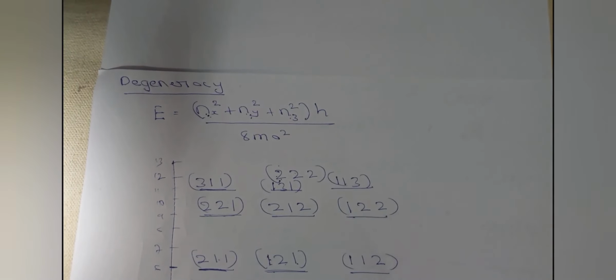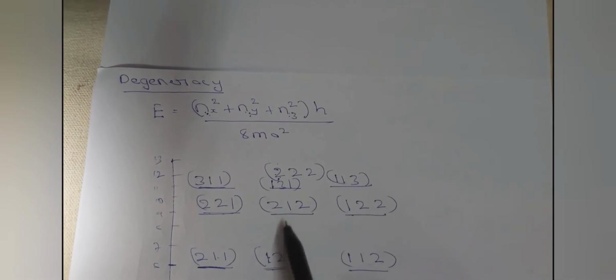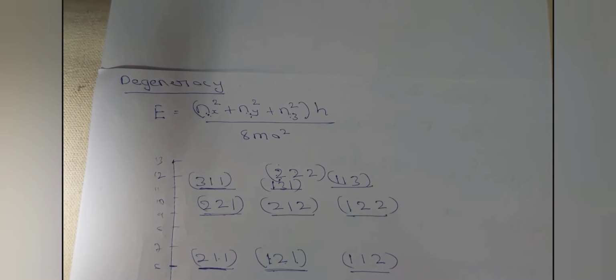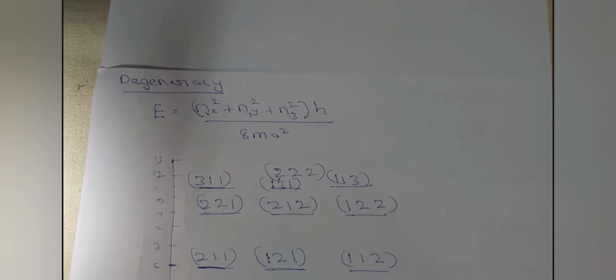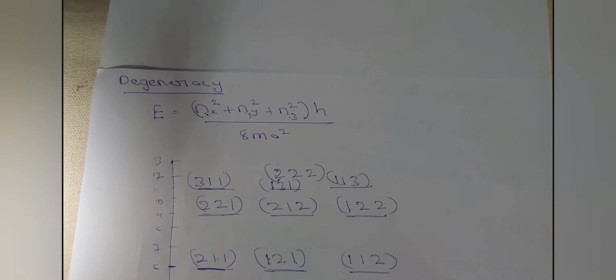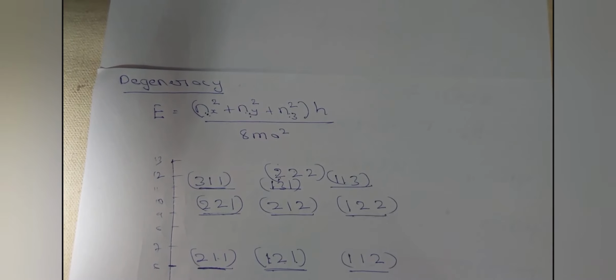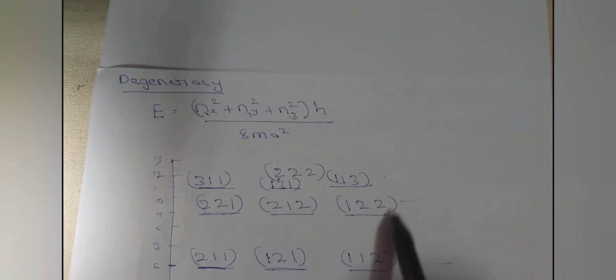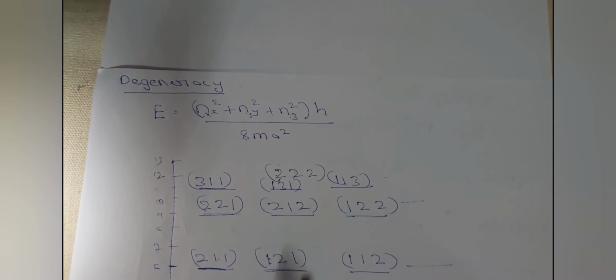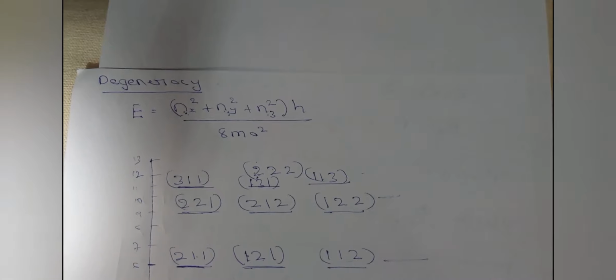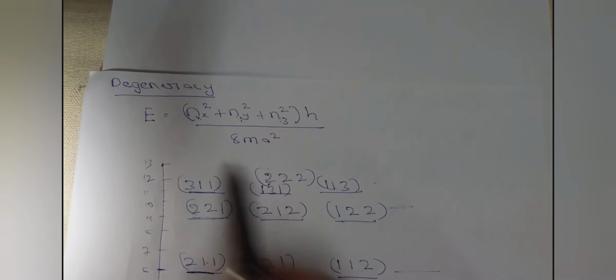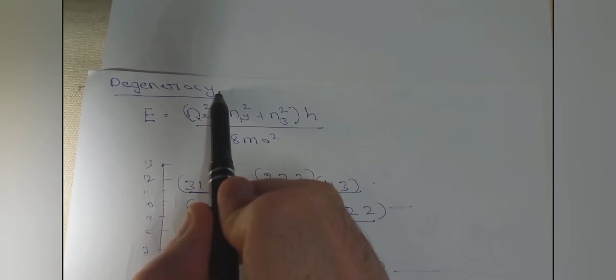So these are the different possible energy levels for particle in three-dimensional box. From this we can see that the energy is quantized. That means the particle in a three-dimensional box will have particular energy. So this is the first energy state, second, third, fourth energy state, like this. Now the energy is quantized in terms of h square by 8ma square. So this is about degeneracy of states of a particle in three-dimensional box.